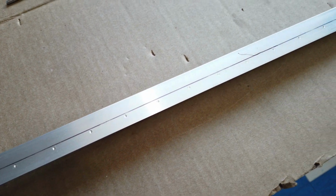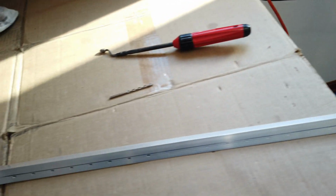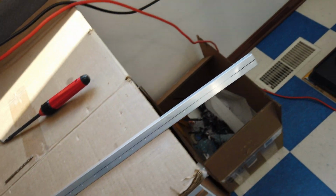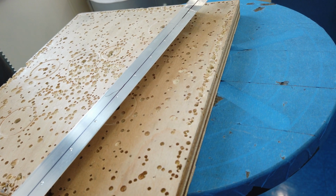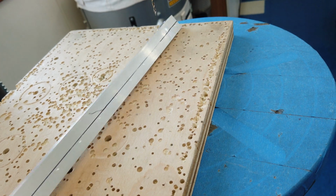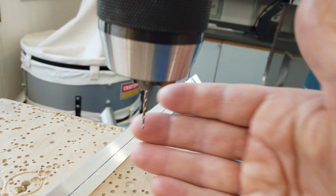Now what I do is I bring it over and I put it, I've got this camera plugged in. I'm trying to charge the battery, so now I got to drag a cord along with it. I bring it over here to the drill press, and I'll finish drilling these holes up here on the drill press. What I start with is a really small drill bit. This drill bit here,